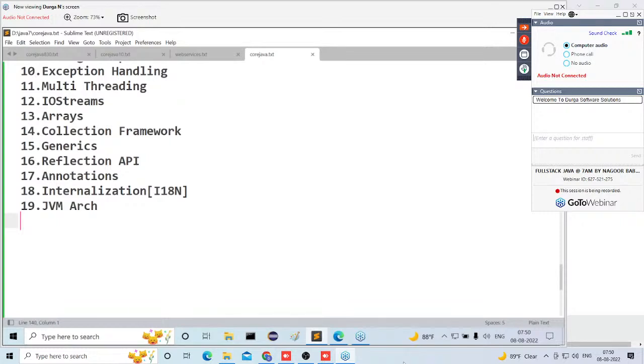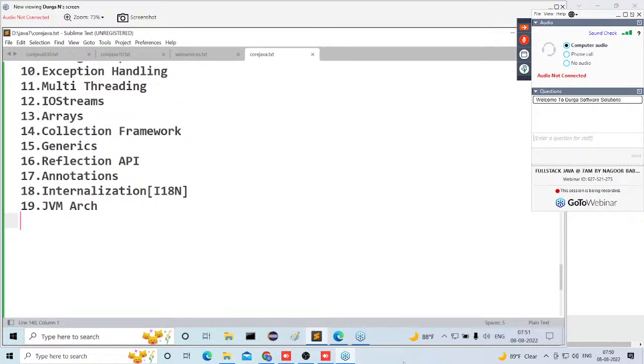Now, once JVM is executing our Java program, we will understand how JVM exists inside Java, what exactly the internal components inside Java are, how JVM is executing Java programs with all the internal components, and what services are provided by JVM to execute our program. Everything we are going to understand inside the JVM architecture. In JVM architecture, so many components are available, but majorly I'm going to concentrate on high-level components.